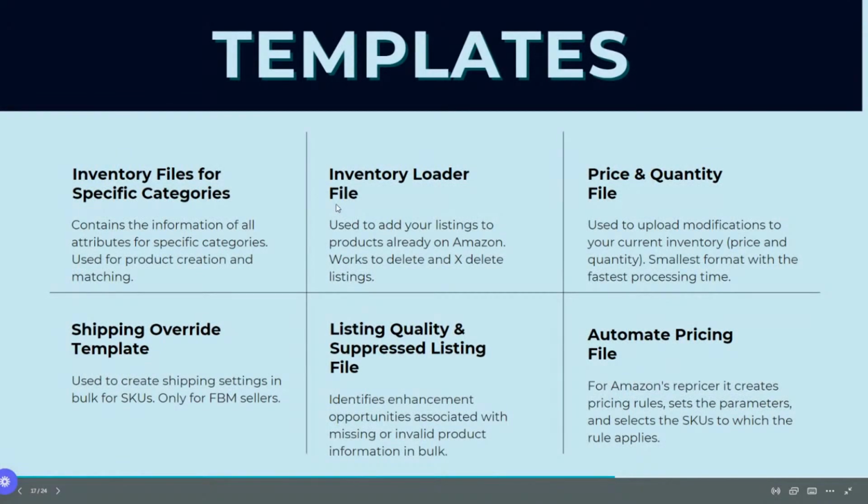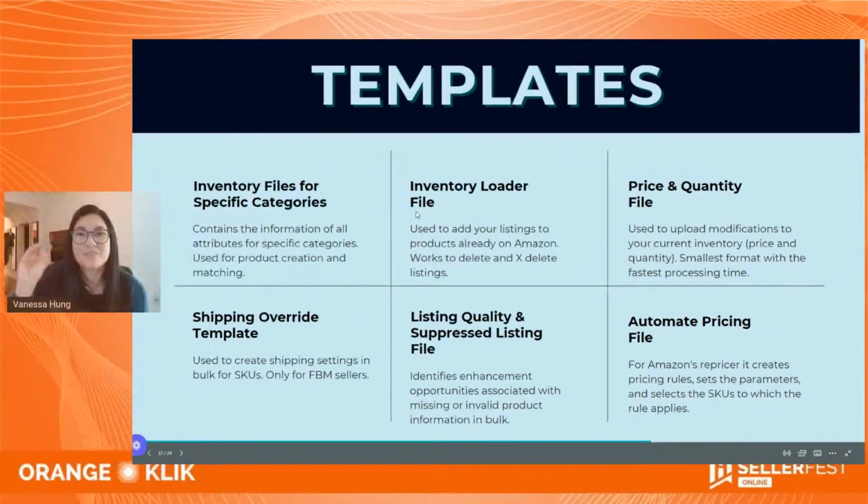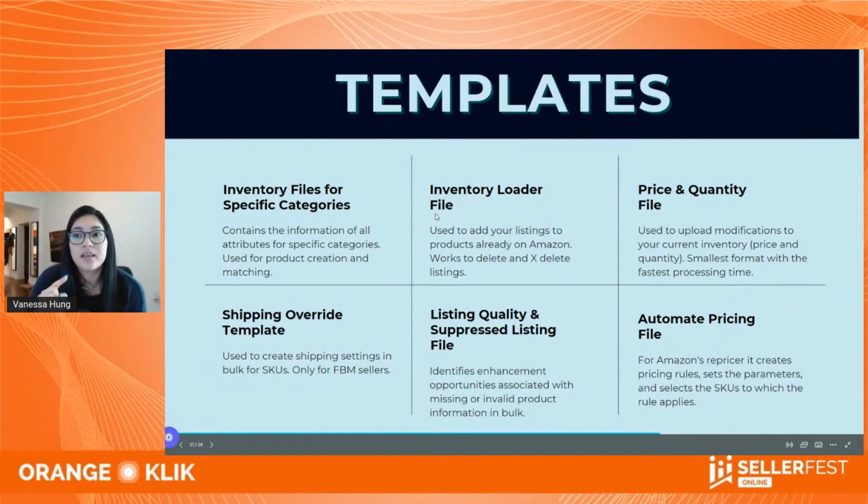So inventory specific categories are the ones to change and remove, add, or to do whatever you want in the catalog, but specific for the category of your product. So if you're selling a pet toy, you will have a flat file specific with that. And what that means is that the attributes, the columns, will be specific to your niche, right? So you won't see an attribute called shoe size. Why? Because you're selling a pet toy. So that's how we filter the backend and the information.